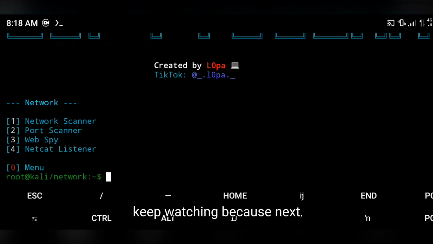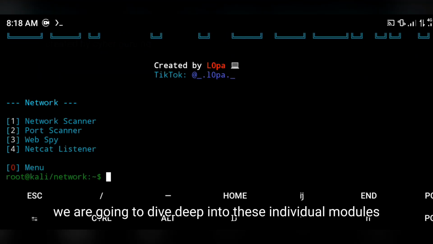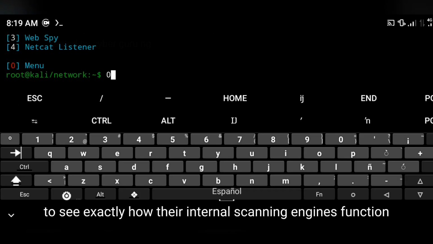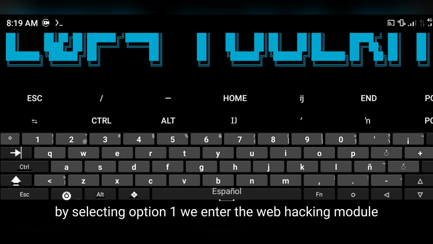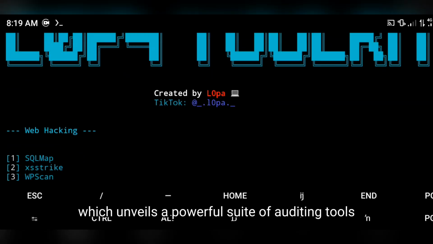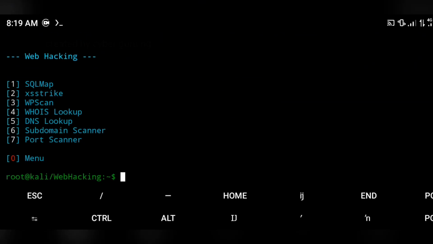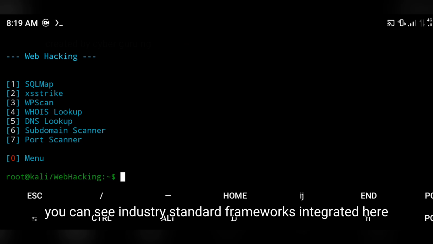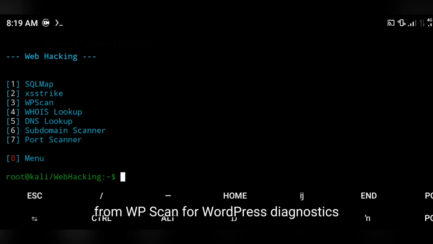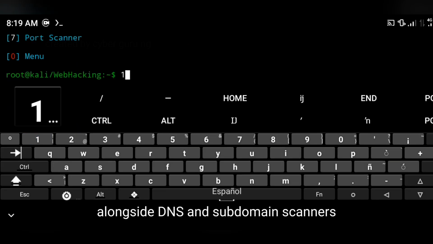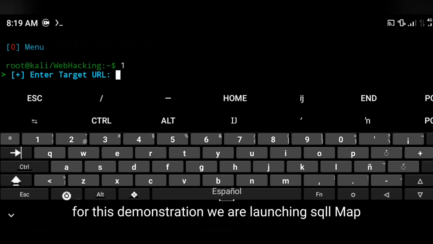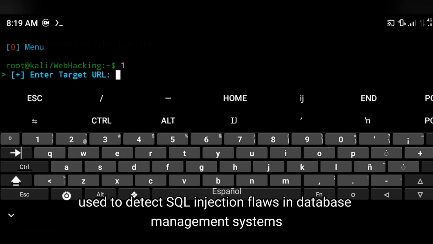Keep watching, because next, we are going to dive deep into these individual modules to see exactly how their internal scanning engines function. By selecting option 1, we enter the web hacking module, which unveils a powerful suite of auditing tools. You can see industry-standard frameworks integrated here, from WPScan for WordPress diagnostics, to XSStrike for cross-site scripting vulnerabilities, alongside DNS and subdomain scanners. For this demonstration, we are launching L0p, an automated engine used to detect SQL injection flaws